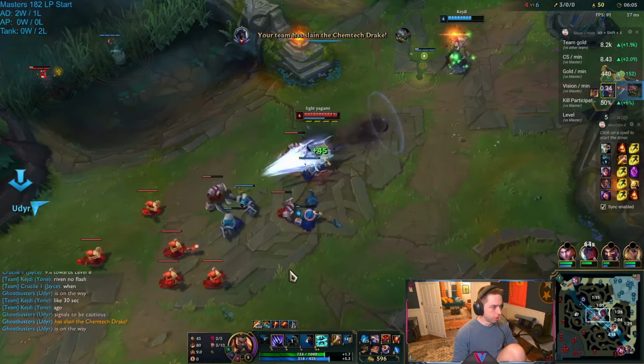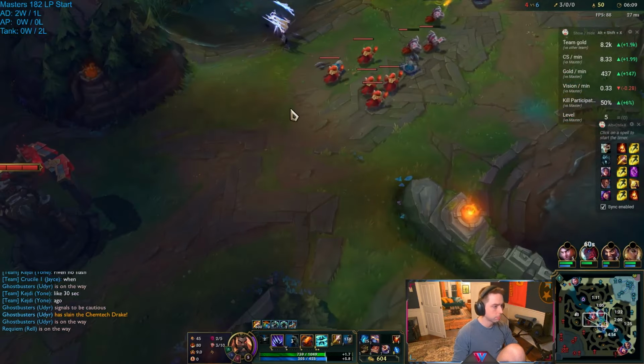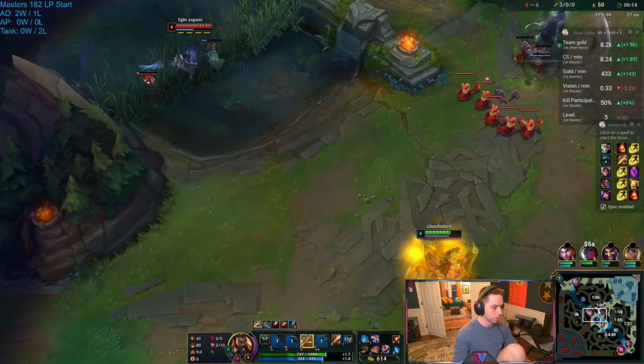Alright, crab secured. Let's see if we can do anything mid here. I'm going to put this here. That's a really hard pink ward to defend. It's usually not a good pink ward to go for, but...